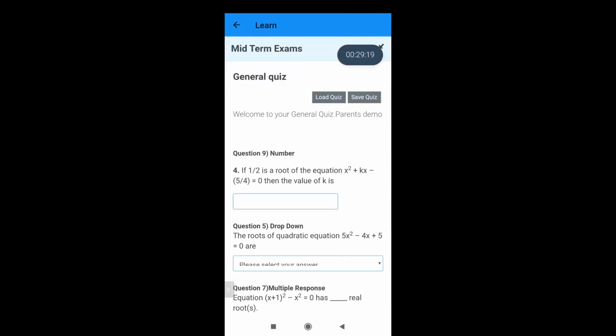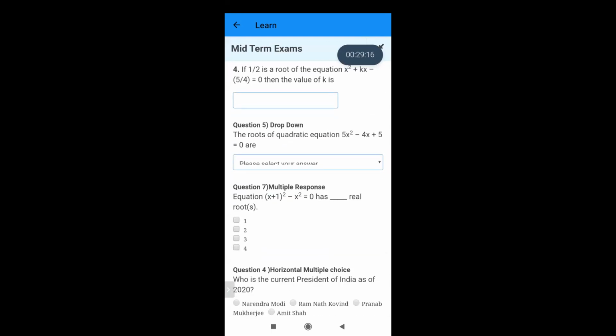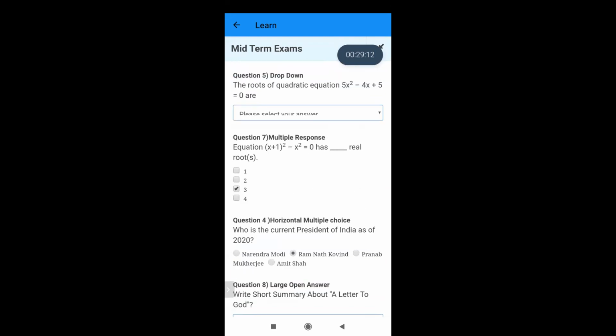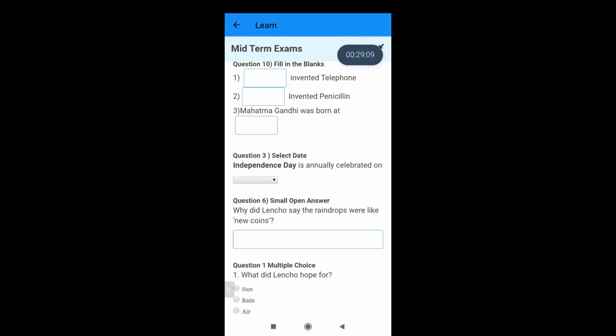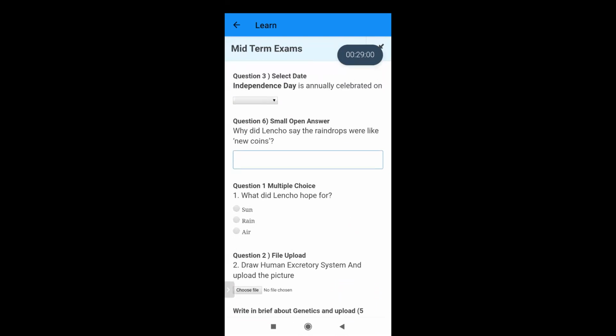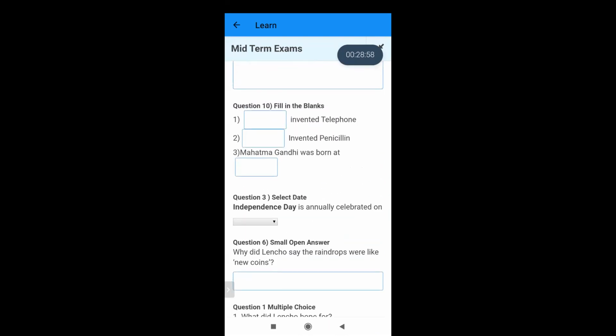You can create papers like this, and students can directly type or select and decide which type of question it is and solve. I'll also show you one paper created by one of our schools for different subjects. There's a timer running above, so they have to solve within the given time span. We also have small answer and long answer, so you can create everything in this.